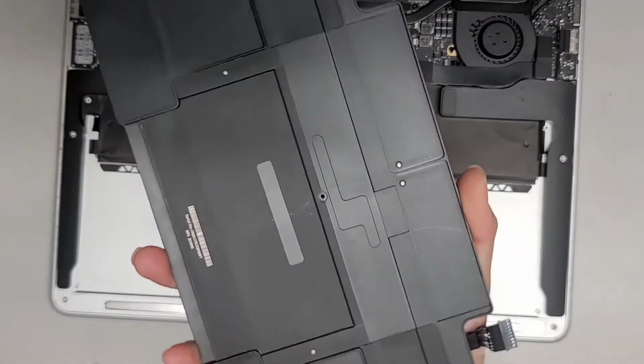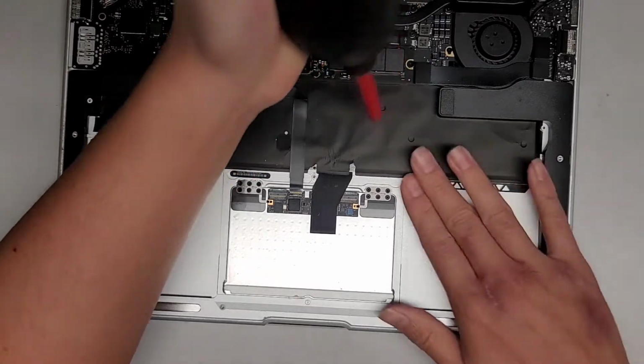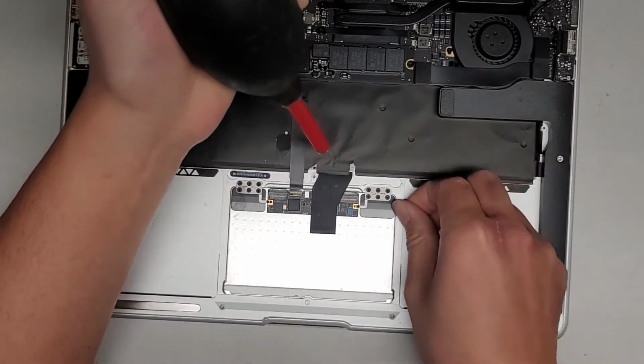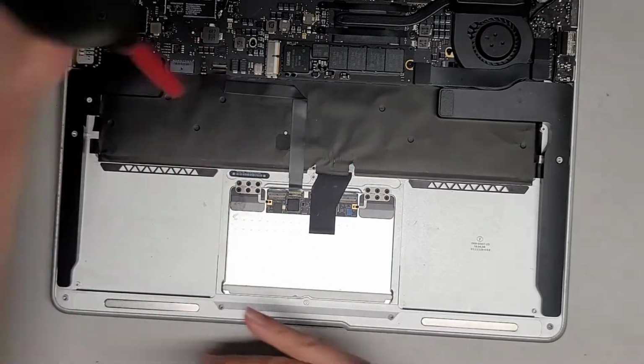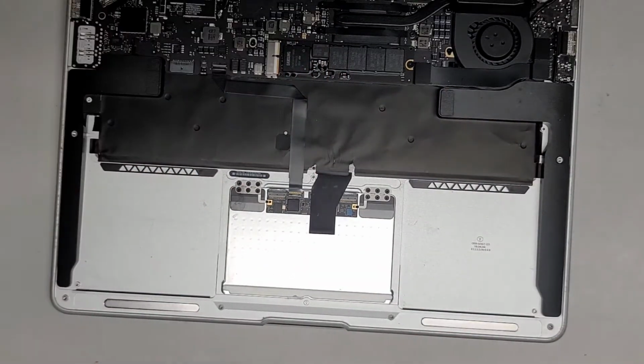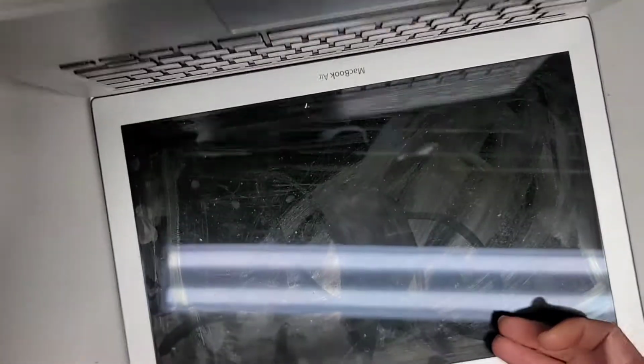Alright, so we cleaned it up a bit. We're going to set the battery aside now. If you want, you can also clean up underneath here. There's some hair stuck in here. Okay. Alright, good enough. So now that we got the battery removed, we're going to open up the computer and